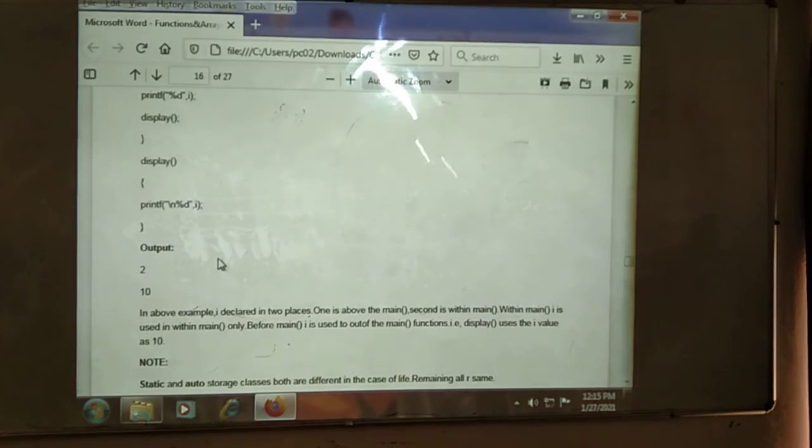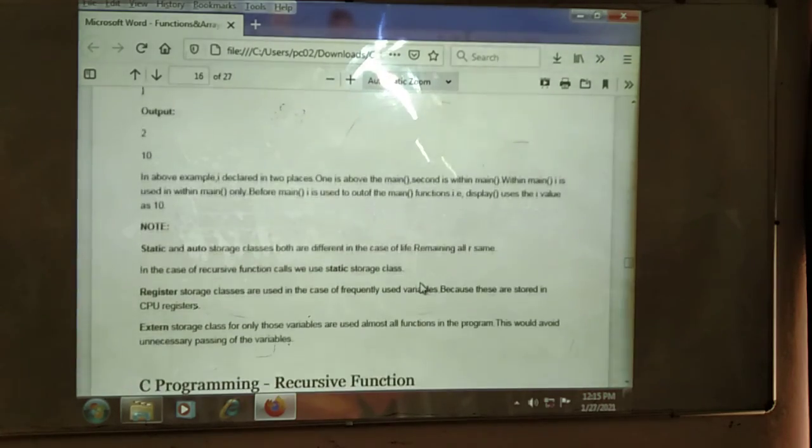Next, we can see a small note. The static and auto storage classes are different; in the remaining respects, all are the same. In the case of recursive function calls, we use static storage classes. Register storage classes are used for frequently used variables, meaning if you use the same variable frequently, we use the register storage class.